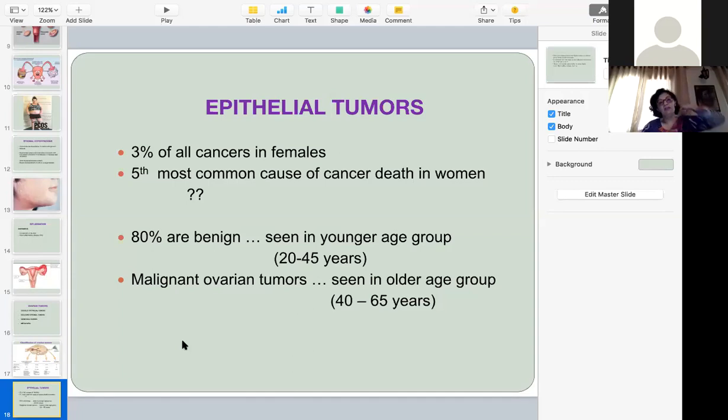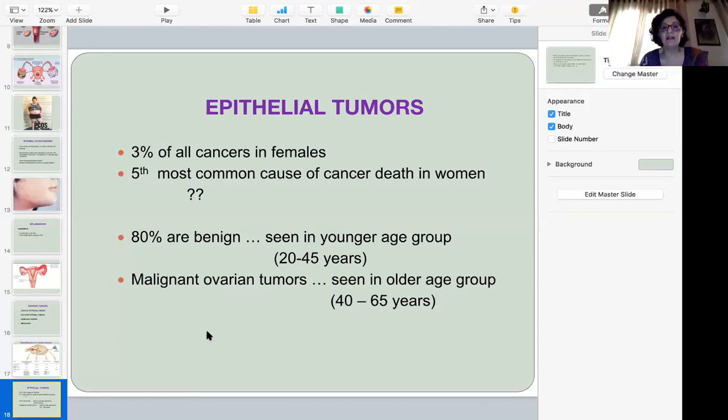The important thing about the epithelial tumors is that 80% are benign. Not all epithelial tumors are malignant. Most likely they are benign, and typically those in the younger age group are all benign. Malignant tumors typically occur